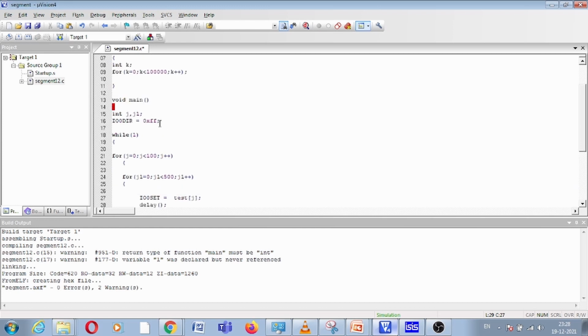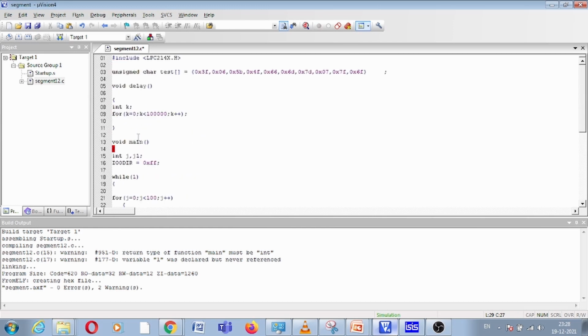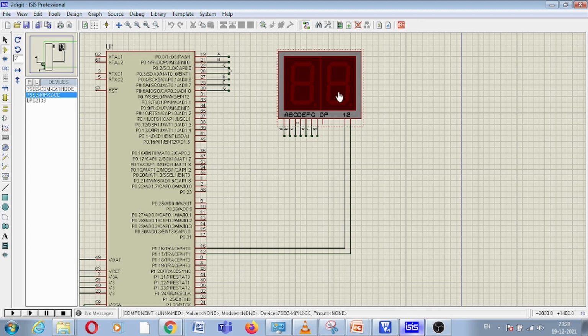Okay, now why am I doing this? So now let me explain. Here you can see we have two segments. On the first particular segment, this is the sequence 0 to 9, right? So what I will do is write 0 on this segment and then 0 on this segment. I will continuously write 0 0 0 0 in a sequence for, let's say, 500 times. Then I will increase the value on this lower segment by 1.